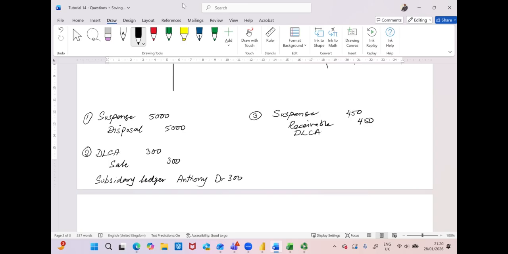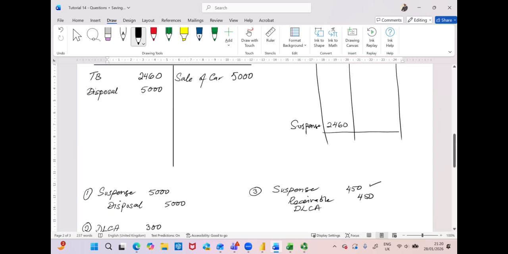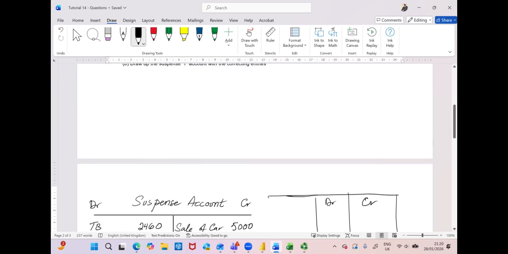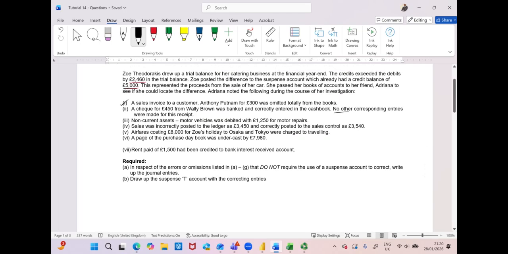So let's go to our suspense account and debit it. We'll debit the suspense account, and behind that I am going to write receivables. Instead of receivables, if you write debtor ledger control account, that is also correct. There is nothing wrong with that. Let's move on to the next